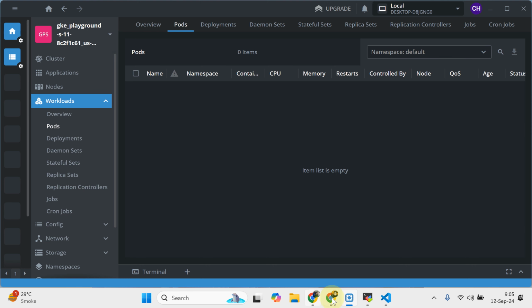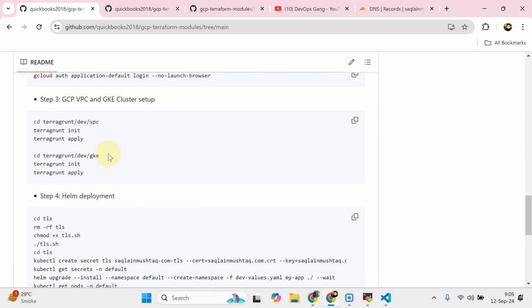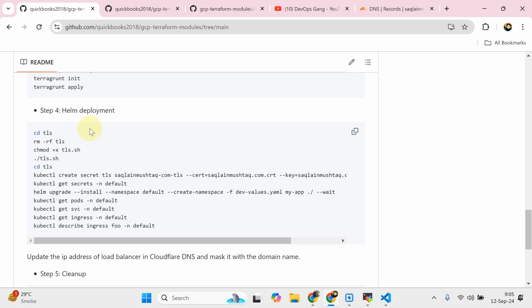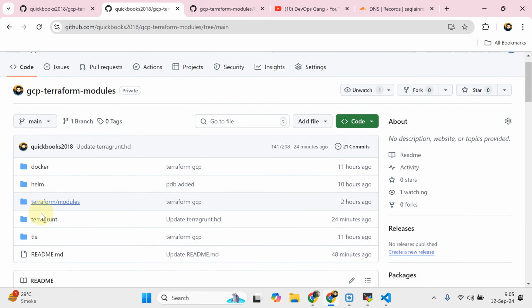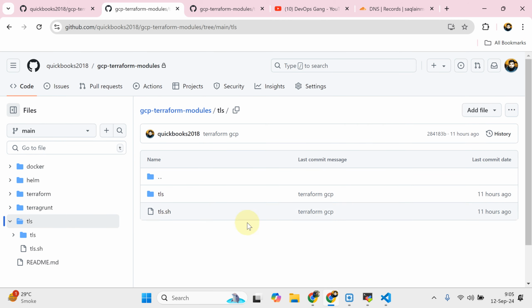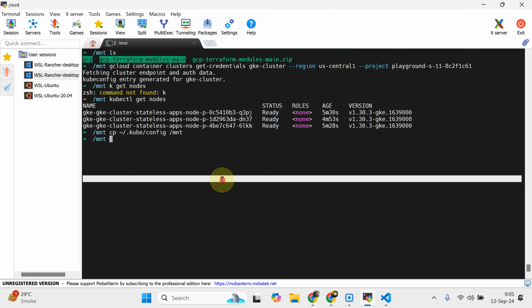interested in default network. So what I'm going to do, we have completed all the steps regarding the infrastructure setup. Now I'm interested to deploy my application. So let me cd into TLS. Let me show you this directory living here, TLS. We do have a script here. So if I do navigate back to my